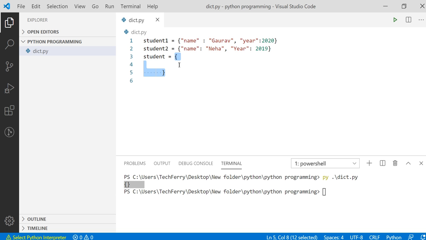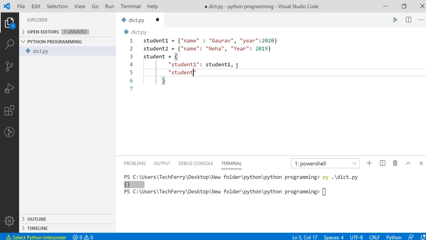Now we have to define a key and value over here. The first key is student1 and the value is student1, which is the whole dictionary. And again I'm defining one more key, which is student2, and the value is student2, which is over here.